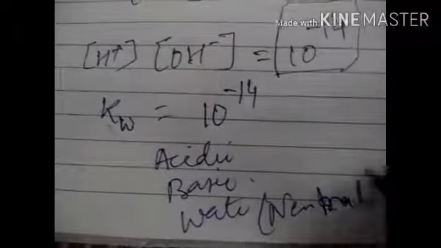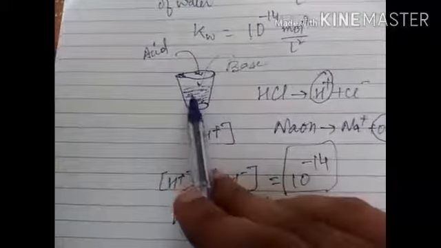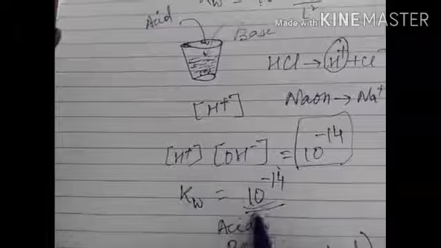So it is neutral. The ionic product of water will be this much only. Now you know, in a water sample, if you are only adding acid, the solution will become more acidic. If you are adding only base, the water will become more alkaline, more basic. But this ionic product will be the same only. Why it is the same is beyond the scope of your book or syllabus.